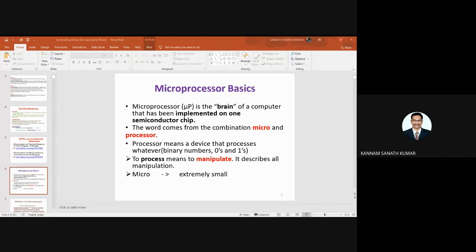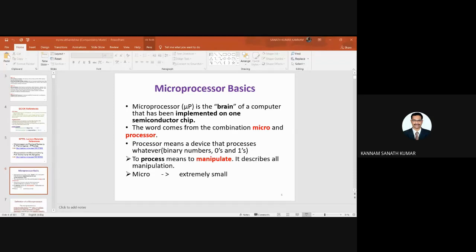Okay. So applications of the microprocessor, if you see, calculator. What will the calculator do? Calculator will perform some numerical operations like arithmetic: addition, subtraction, multiplication, division. If you see the scientific calculator, you can do some more operations. So that means inside the calculator, there will be some chip. That is nothing but the microprocessor. We use the microprocessor in the calculator to do the general purpose calculation operation.